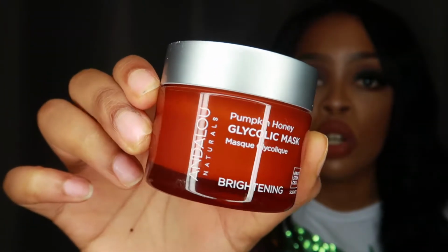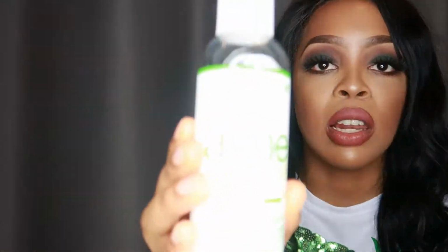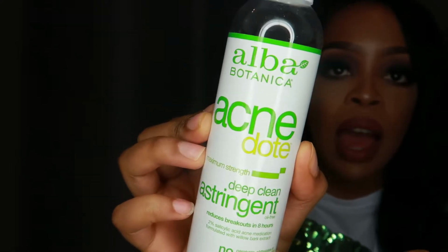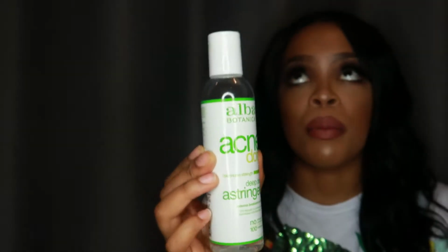So they're really good. My sister's used their products in the past, so I know from her experience it's really worth it. So from Holland and Barrett's is this astringent toner, and I saw this whilst trying to research to find some new toners to use for my skin, because sometimes I do have breakouts. My skin is a combination of normal, sometimes breaking out, and I just wanted